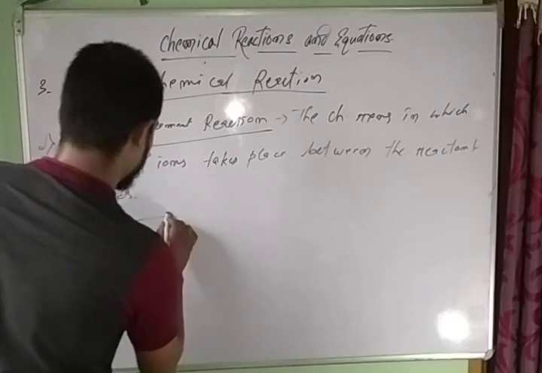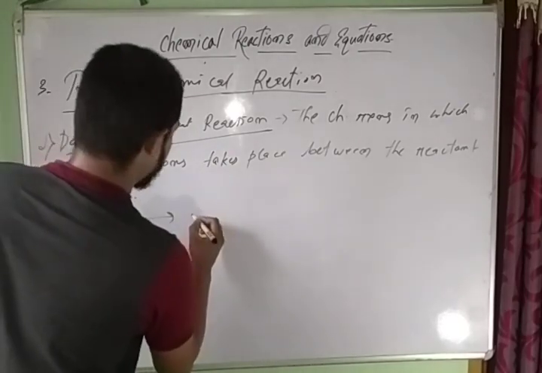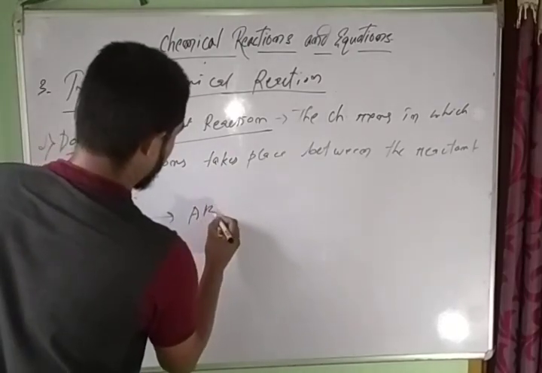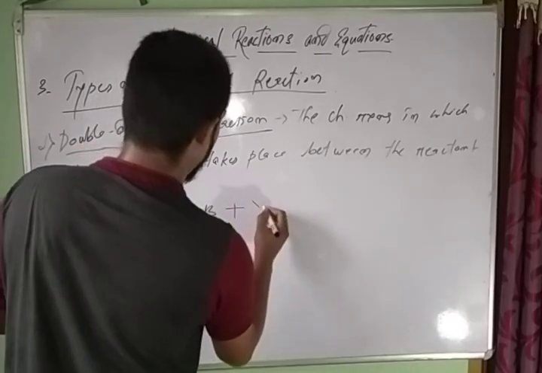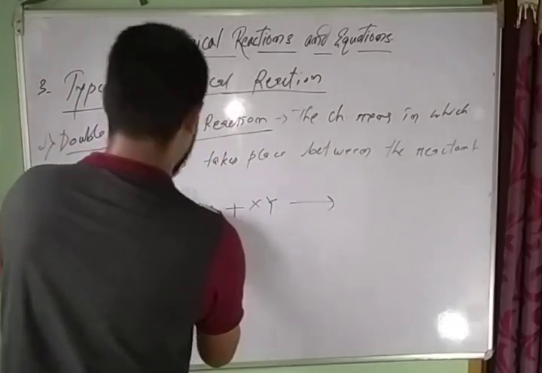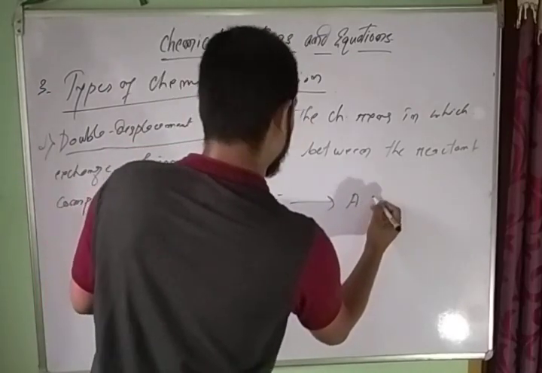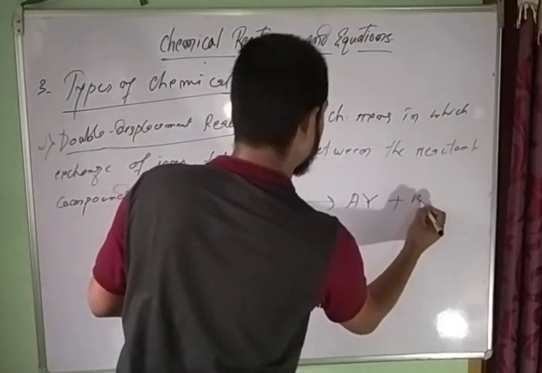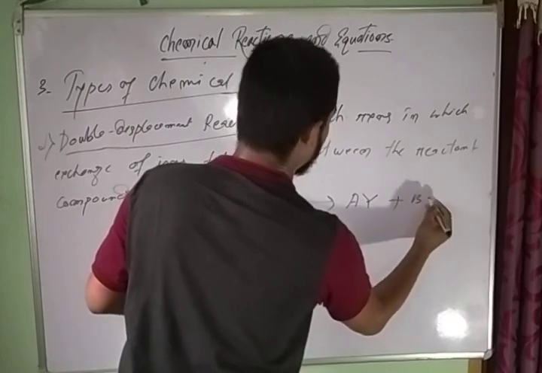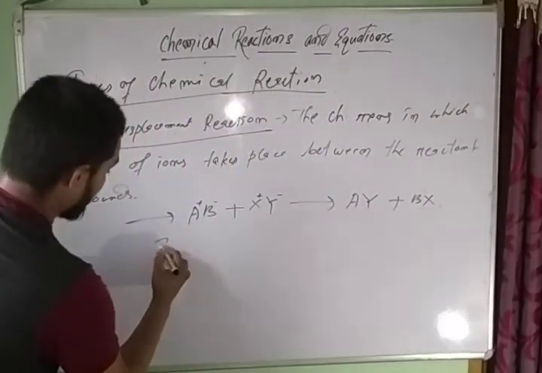Its structure will be like this: AB plus XY, positive negative, then it will be AY plus BX. For example,